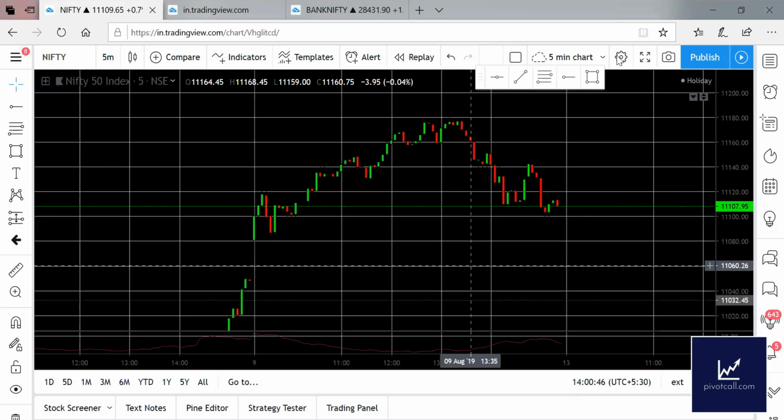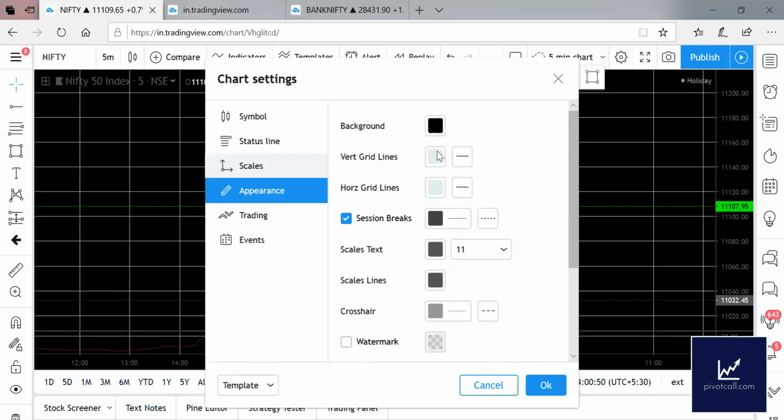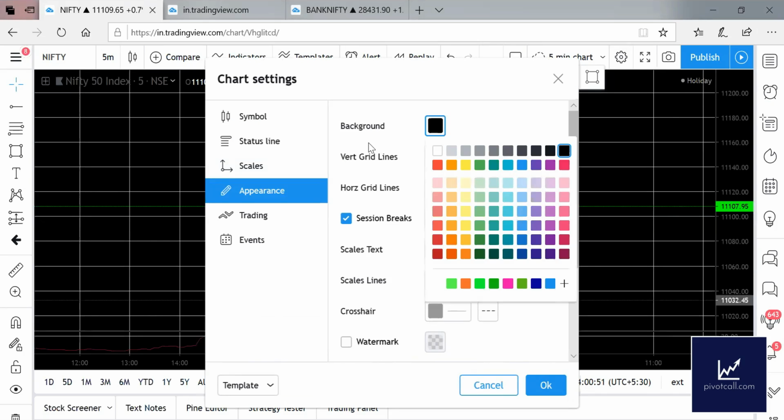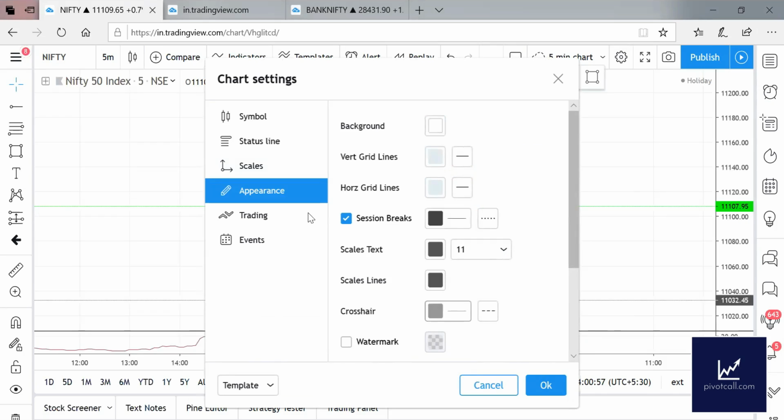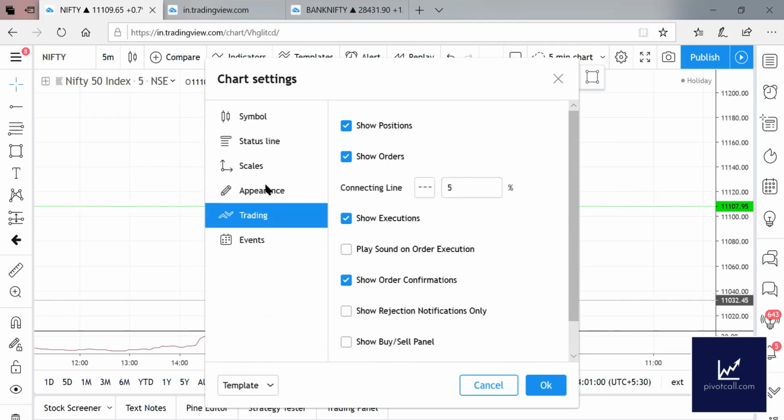Some people like a black background, so such people can go to chart settings, appearance, and change it to black, but let me keep it white because I like white color. And then crosshair and all these colors, if you want, you can change it. And that's it. Mainly symbol, appearance and scales, these are the three things you want to do settings in